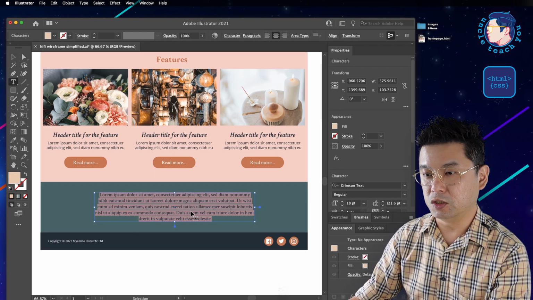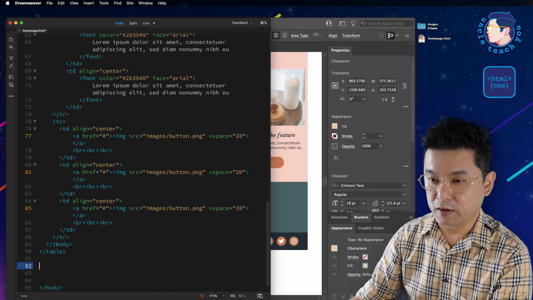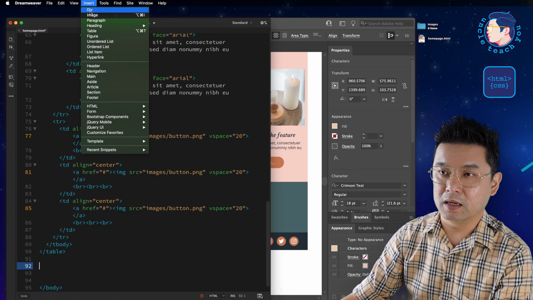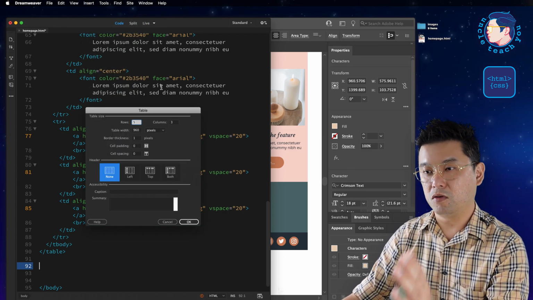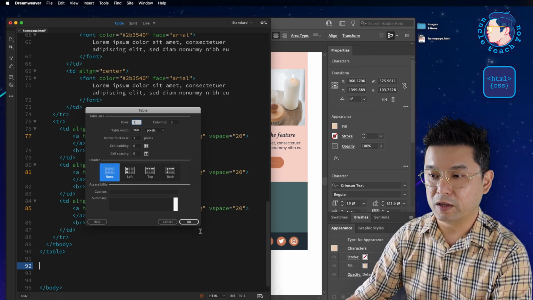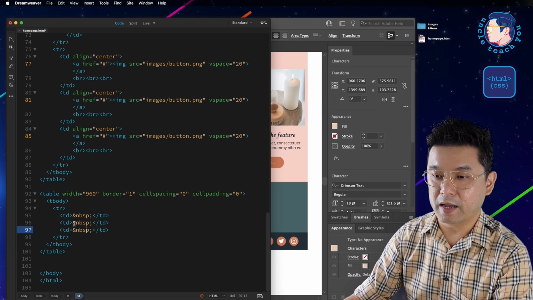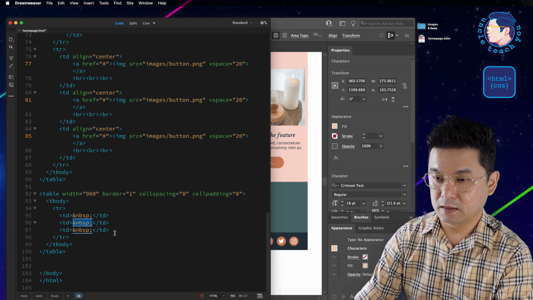I'm just going to copy this chunk of text first. Copy and then go back to Dreamweaver. Here I'm going to drop in a table. We know that 3 columns, 1 row, everything 1. This will be the spacer, and this will be where my text is. So